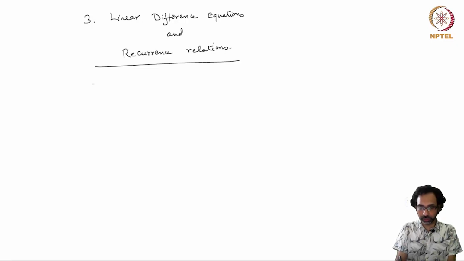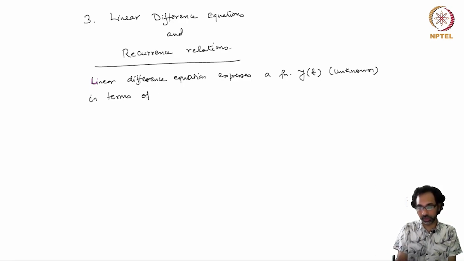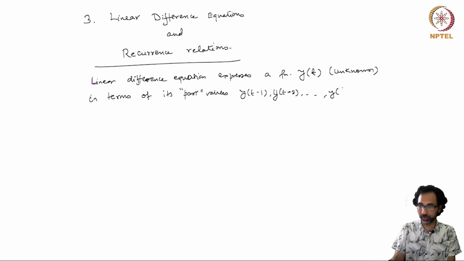A linear difference equation expresses a function y(t), unknown, in terms of its past values y(t-1), y(t-2) and so on to y(t-n), and a known function,